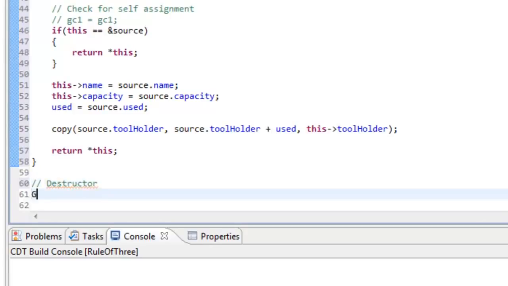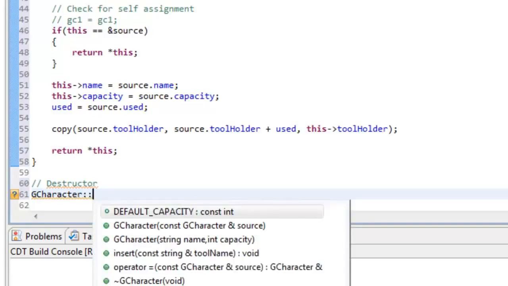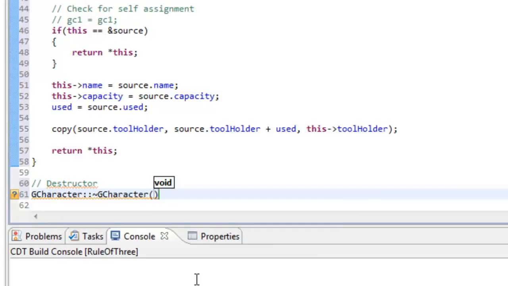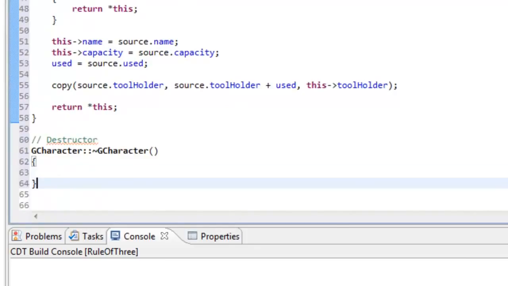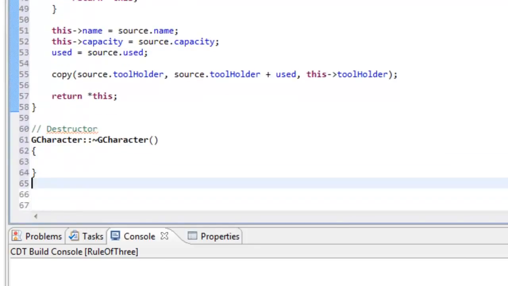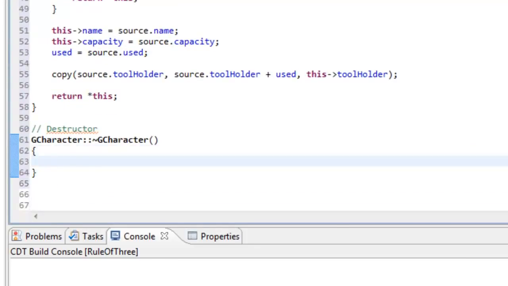And so the destructor here is the one that had the tilde. So it doesn't take any arguments. And in terms of the body for this particular function, it's pretty simple. I think we'll do a cout operation just to say that we're invoking the destructor. So we'll just say